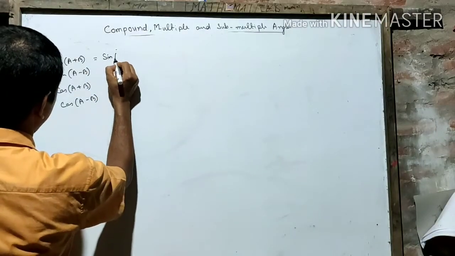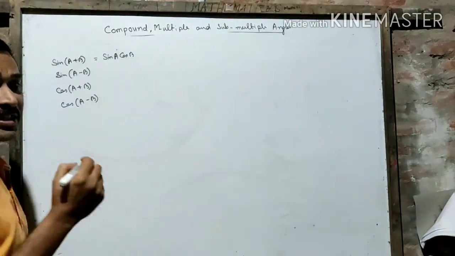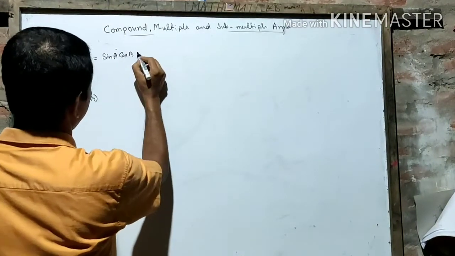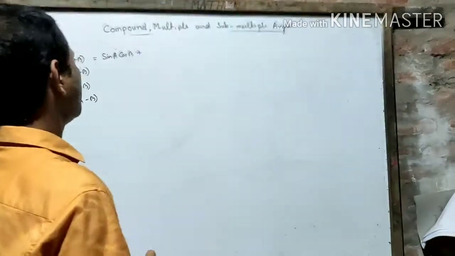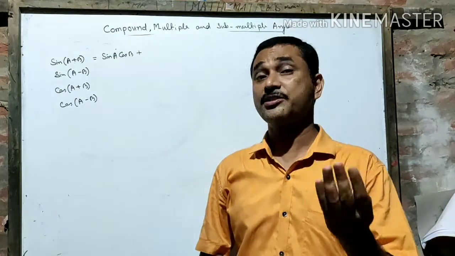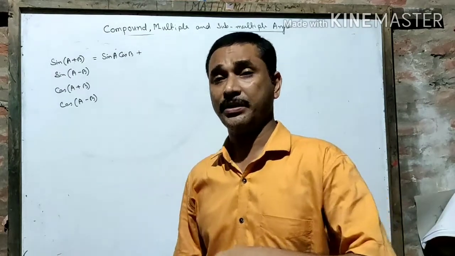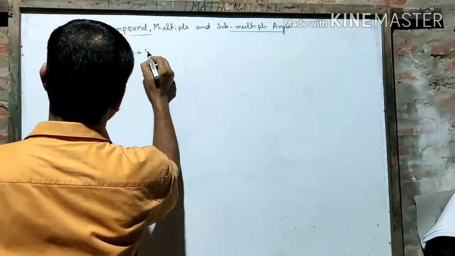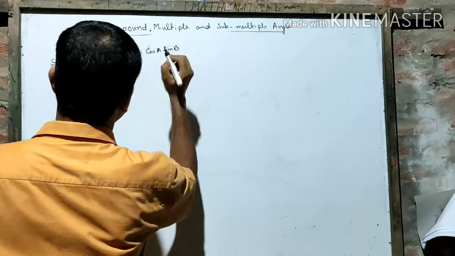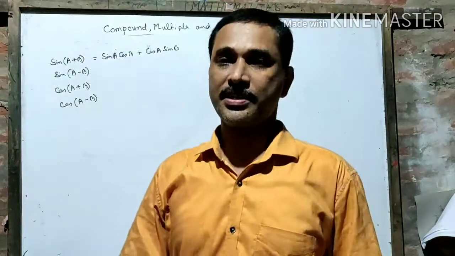First, sine takes A, then he gives B to his dearest friend cos. He is a disciplined boy, so when he sees plus here, he gives a plus in between. Then he thought, I have taken A and my friend has taken B. It may be the case that B is better than A, so let me give A to cos and let me take B. So he gives A to cos and keeps B for himself. Thus sine of A plus B is equal to sine A cos B plus cos A sine B.